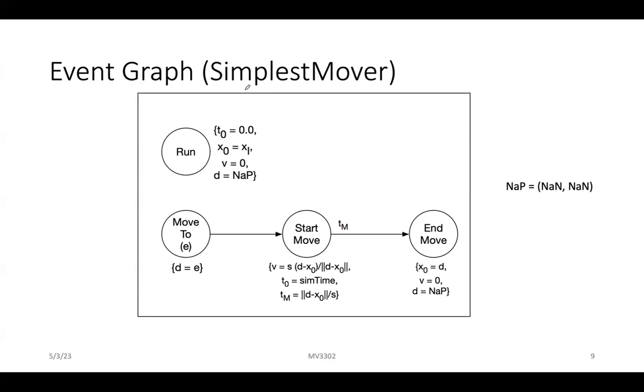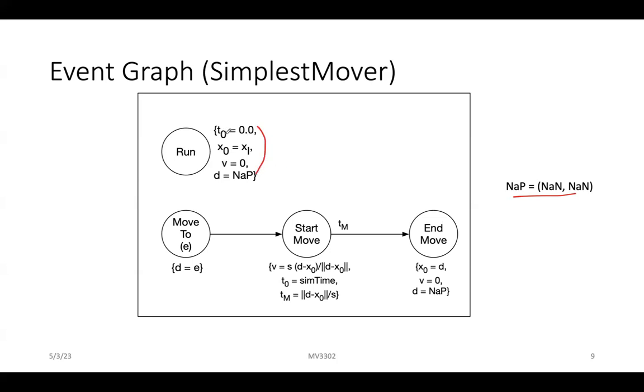So here's our simplest mover, and so rather than null, actually I define there is no such thing in Java, but I did define one in SimKit, NAP, which is not a point, and not a point is a point. In other words, a vector whose coordinates are not a number. Okay, so here's our simplest mover, and so we have a run event, as we always have,